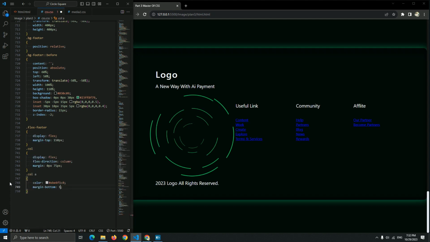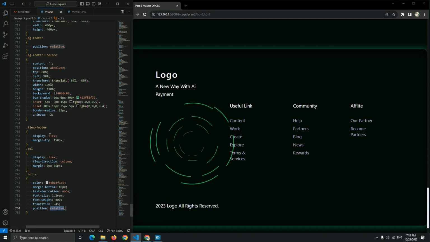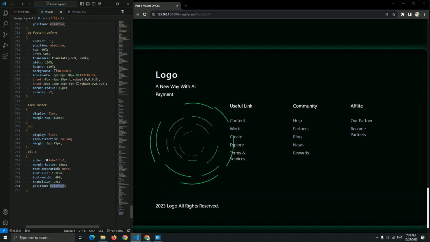Margin bottom 10 pixel, text decoration none, and font size 1.2 rem, font weight, transition for hover, okay, and position relative for the before and after. Here we go. Yep, now it's better.